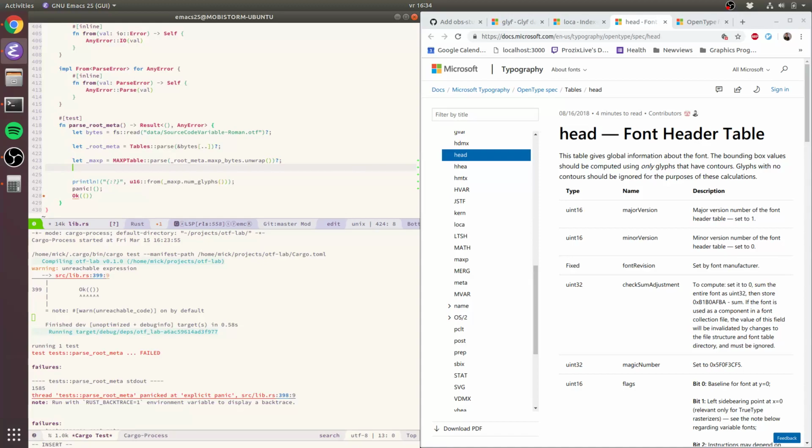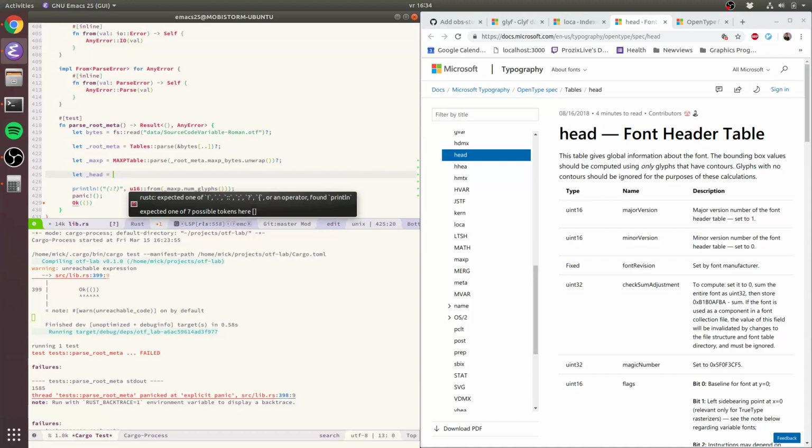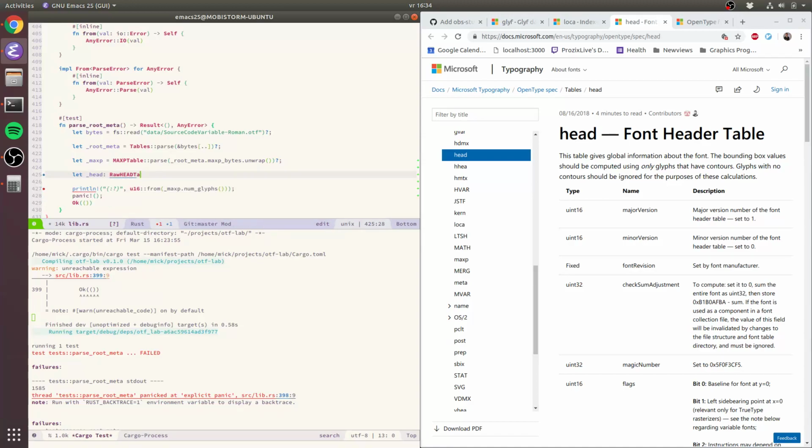We do let head is raw head table is root meta mac head bytes wrap dot consume single, or